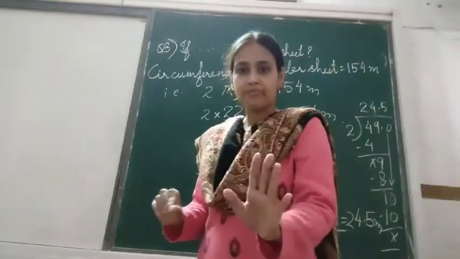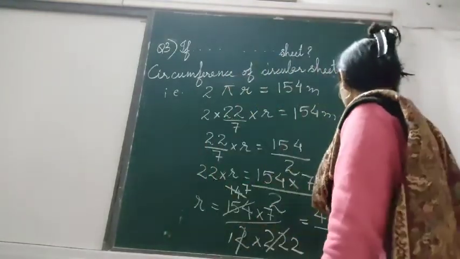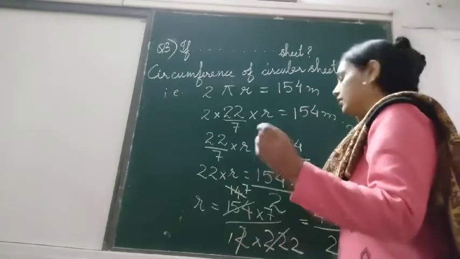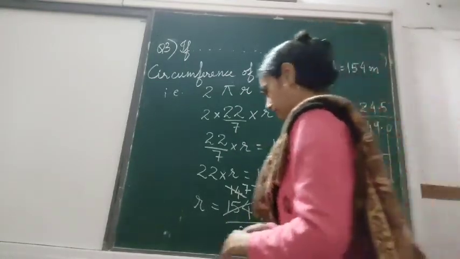We have done just half of the question. We have just found the radius. Now we have to find the area. So we go ahead writing the area of the circle.